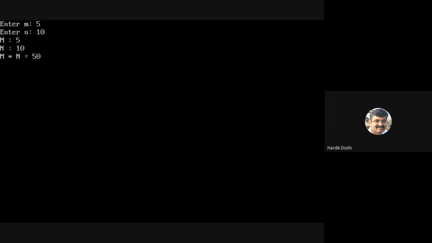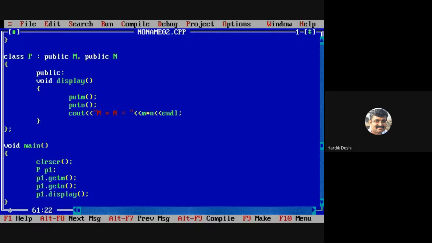If I want to calculate CIBIL score, then I need the data from bank loan accounts. I need to have the data from credit cards. Again, I can have multiple companies' credit cards. So I need to have the data from all that. So I need to inherit all those in one. And based on that, I can calculate my CIBIL score. Are you getting this example? So this is the real-time scenario. Similar examples, you need to search out where multiple inheritance can be applied. Fine? Okay. So this is all about multiple inheritance.